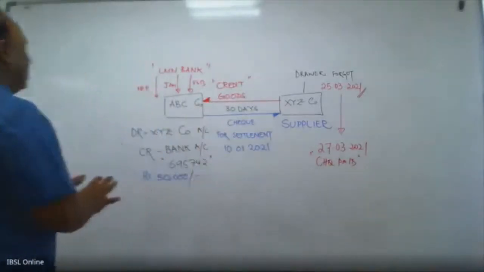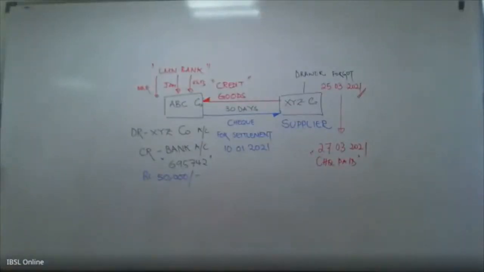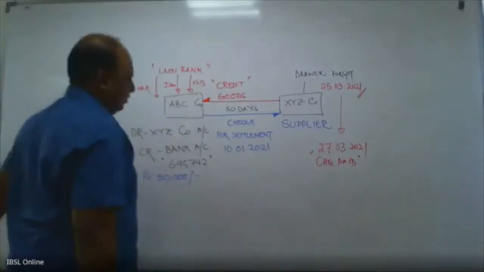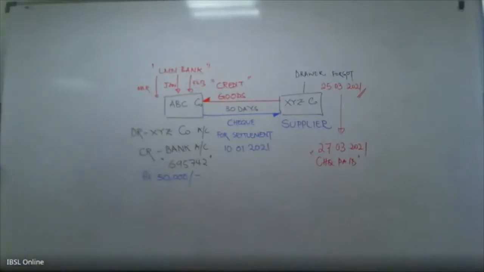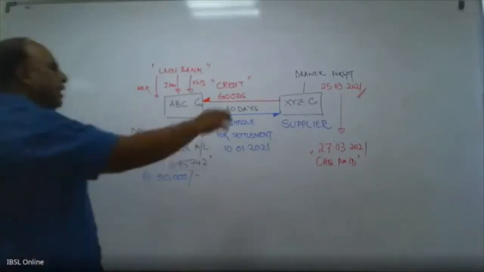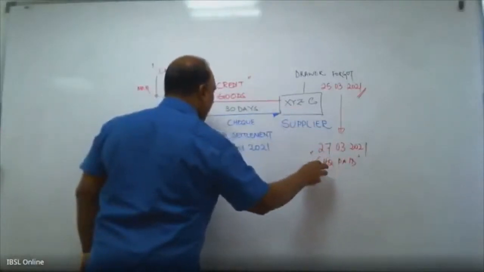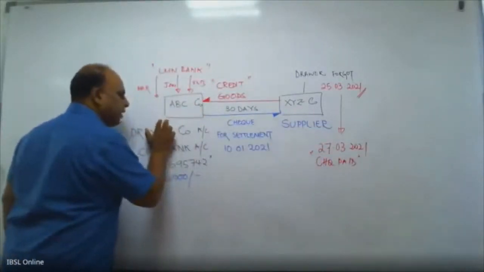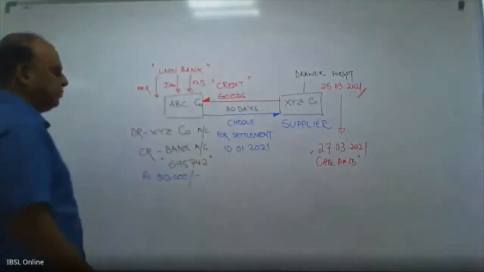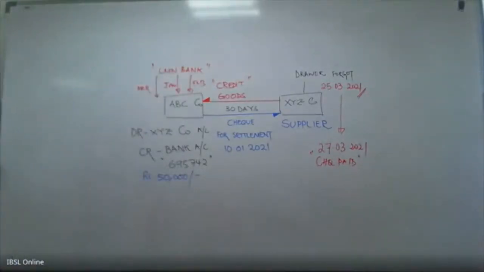This is a practical scenario which can happen in businesses where people will receive checks and they will not put them to the bank account. So until XYZ puts it to their bank account for payment, it will not get reflected in your bank statement. Okay? So I would like you all to take down this just for your understanding. If you have any questions, please ask.